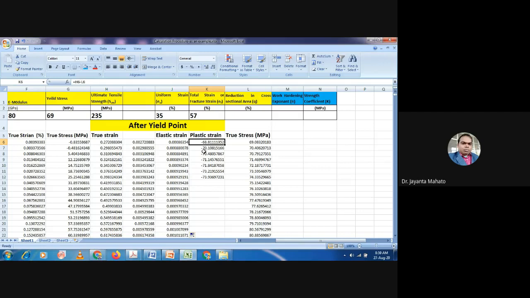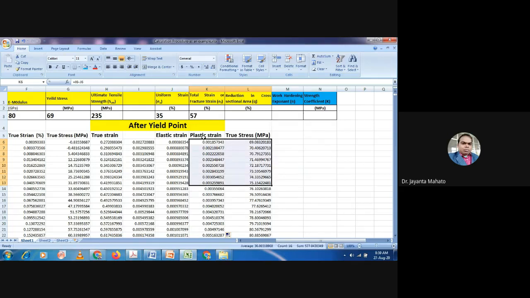Now plastic strain will be total minus elastic strain. So this will be equal to this. This is the total strain minus elastic strain. So this is the plastic strain. Okay.